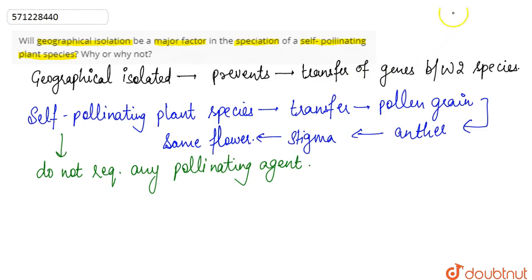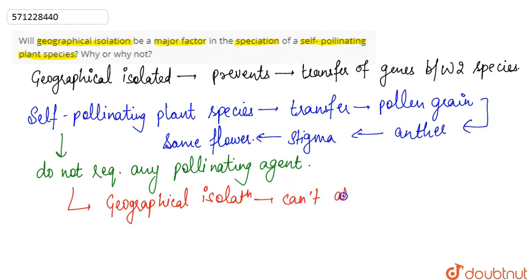So in that case, geographical isolation cannot affect the speciation